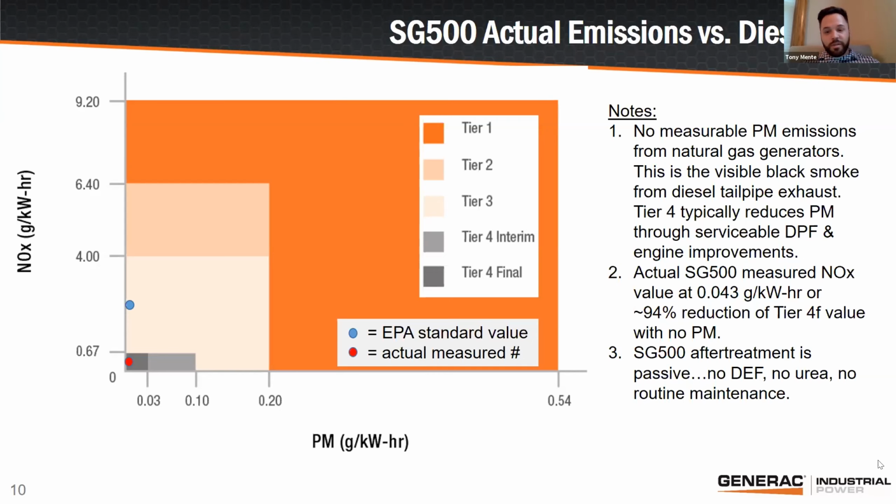You don't get that kind of soot or the worries of needing to have the after treatment on it, because it has a passive after treatment, just like is used in your car in the automotive industry. We have a 3-way catalyst that sits in our exhaust stream, and it's able to reduce NOx, CO, and hydrocarbons all within one unit, and it's passive. That means you don't have to introduce any additional medium. So no diesel emission fluid, no routine maintenance, none of those extra headaches associated with it. It's just a cleaner solution right out of the gate than you would get from a diesel engine.